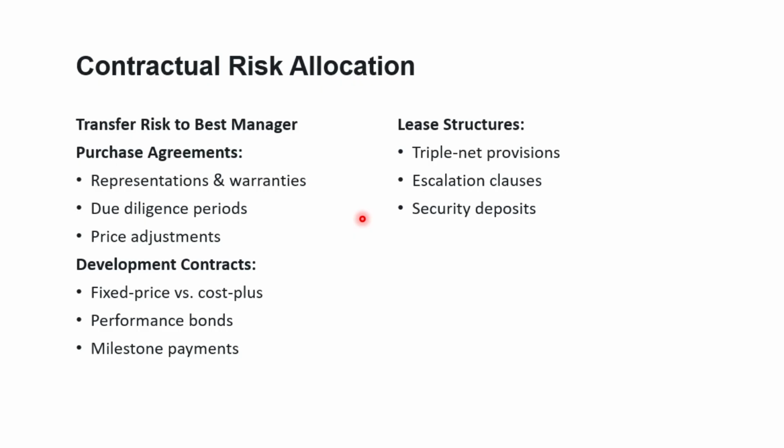A triple net lease, for example, transfers property tax, insurance and maintenance to the tenant. An escalation clause transfers inflation risk, right? And security deposits provide protection against tenant default. So the principle is risk allocation to the best manager. Fine. So these types of arrangements we can do to safeguard both the parties. Then we go to